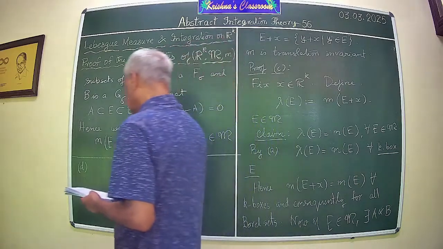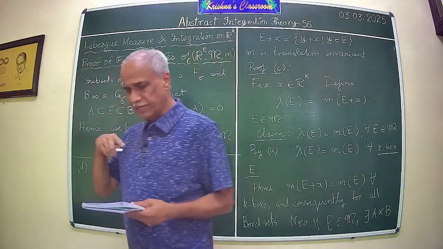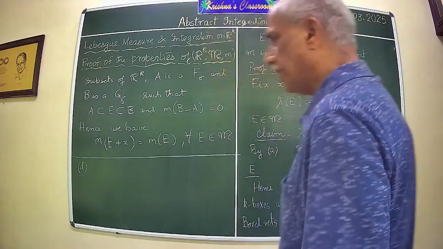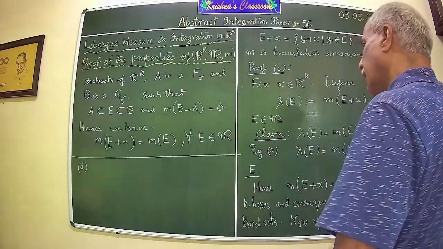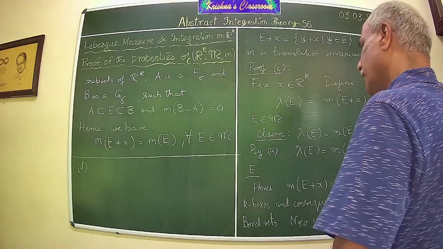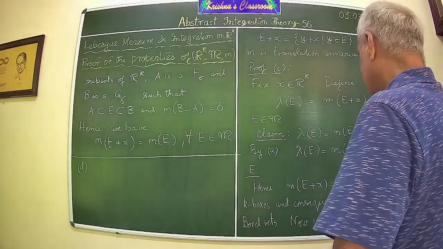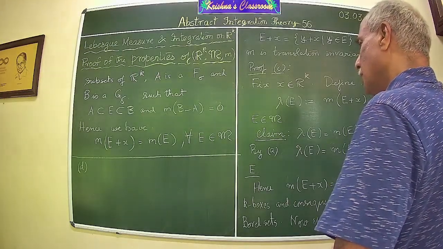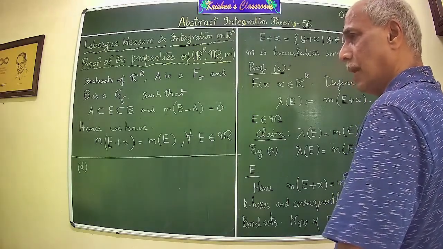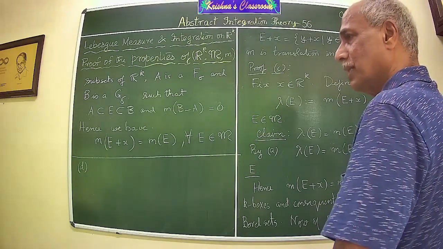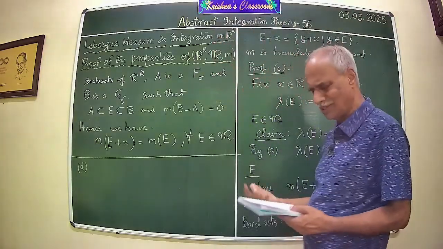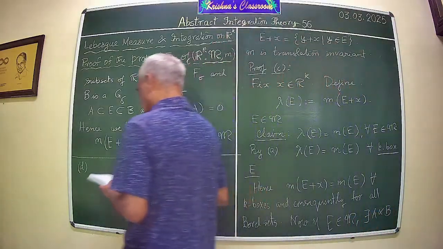Now you are talking about any other positive translation invariant measure on R^k. Then that translation invariant measure is a multiple of the Lebesgue measure. So in some sense, the Lebesgue measure is uniquely determined. It's only up to a scaling factor. This is what it means. Okay. So let